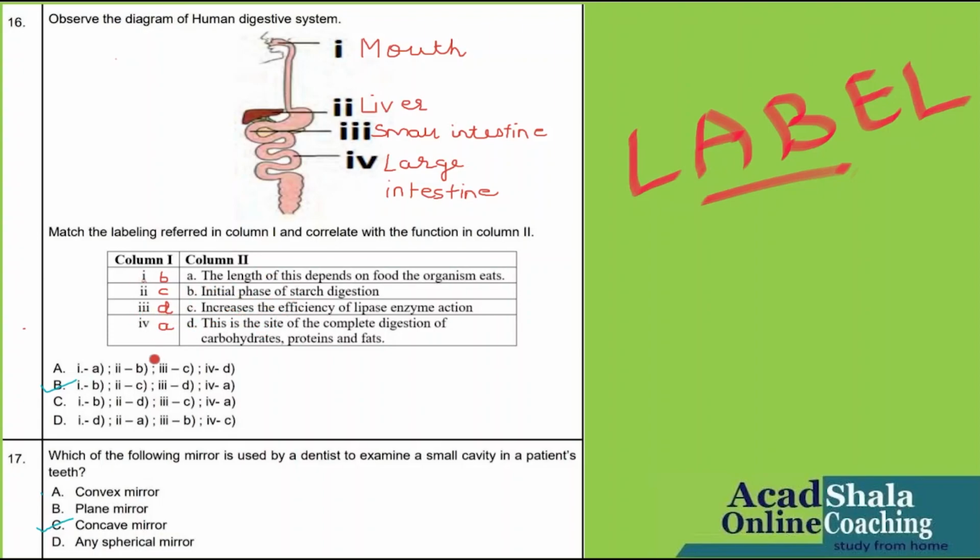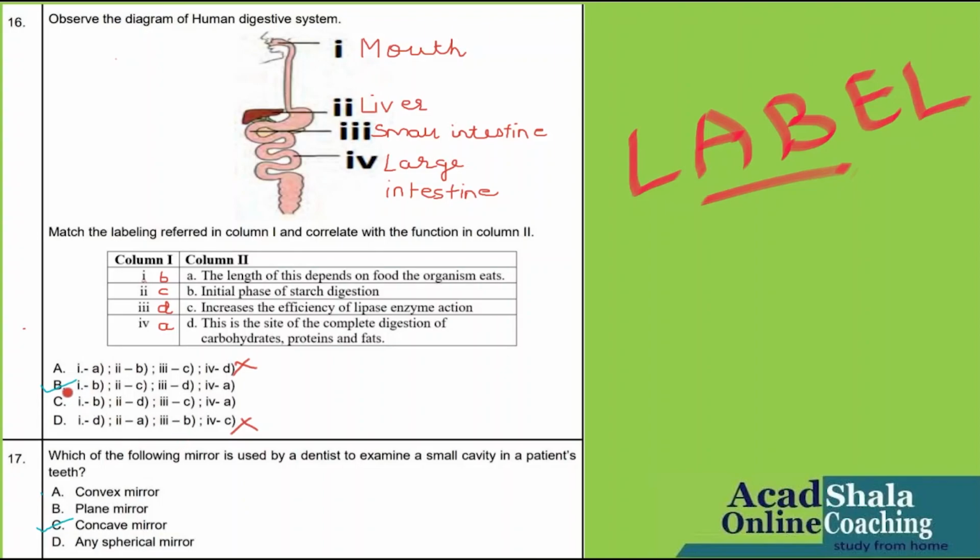Now after this, my next step is to see which is the best appropriate option. Now there is also a trick to eliminate the wrong options. How? Just check. Now the first one I have come to know is mouth, so that means the first one should be with B, which I have written over here. So I will check and see among the 4 whether there is one with the first and the B option. Okay, 2 are there, that means B and C. So I will put a cross for the A option as well as D because they are not coming according to my knowledge over here.